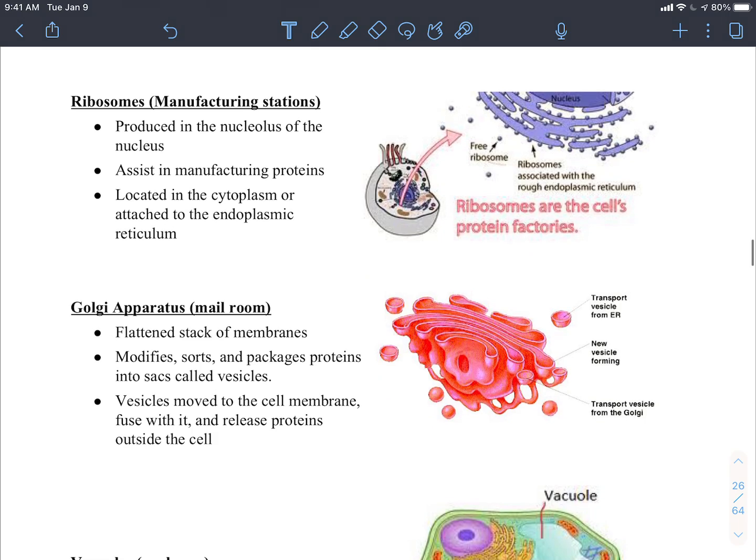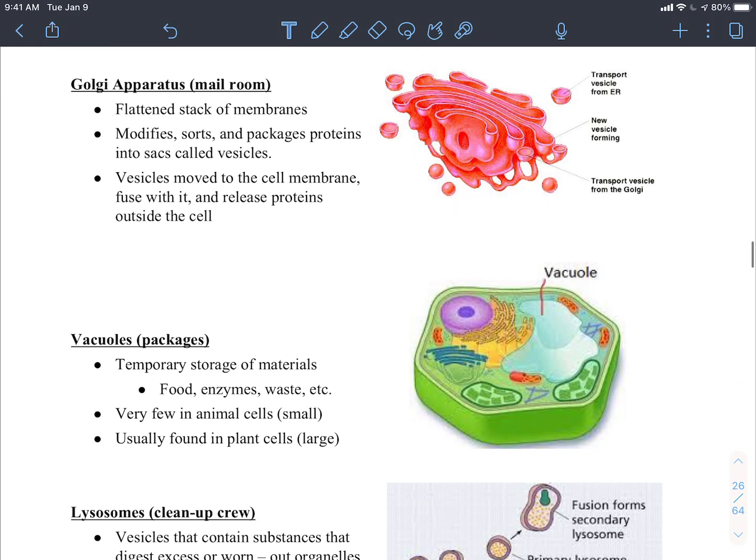The ribosomes are the site where protein is formed. So they are mostly the ones in charge of protein formation. They're the little protein factories, and they're located in the cytoplasm freely, or they can be on the endoplasmic reticulum, where they can insert their unfolded proteins directly for folding. The Golgi apparatus is kind of like a mail room. It's a flattened sac again, which is always good, but it has the ability to